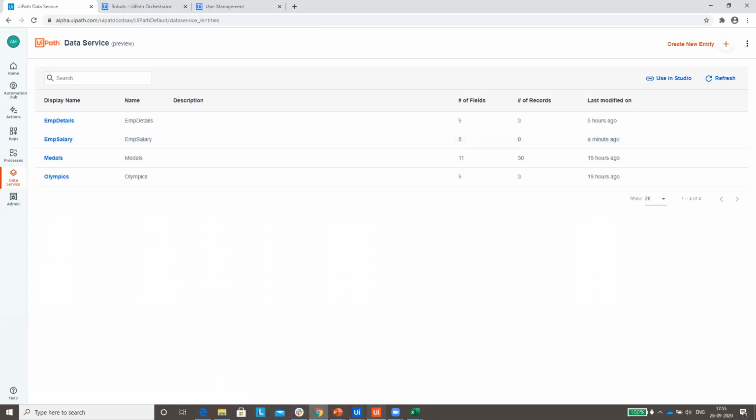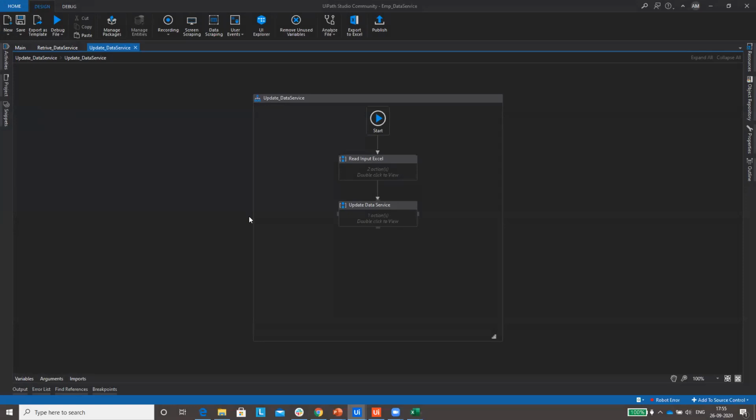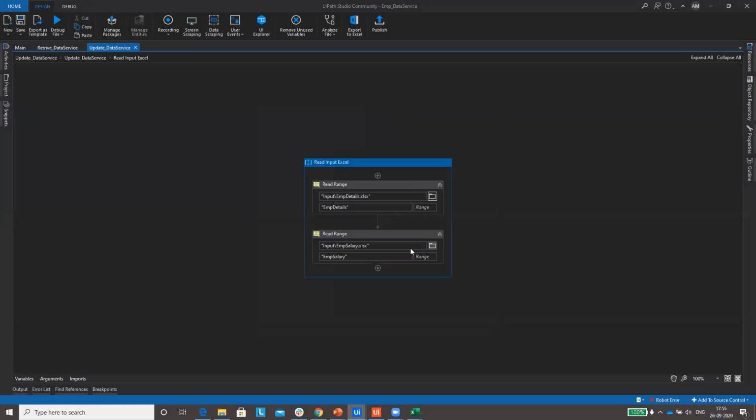Let's try to push data into this data services. First thing is reading the data from Excel. We'll read the Excel data and store it in a data table. Let me show you.